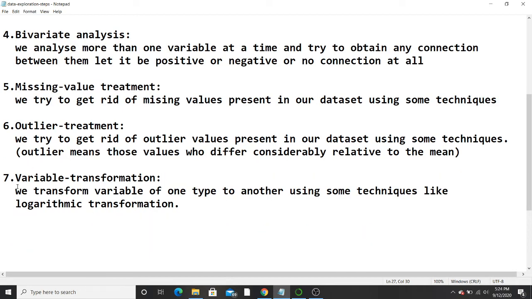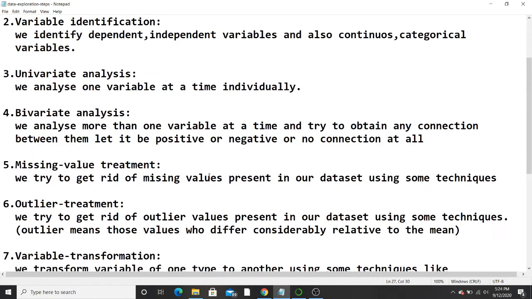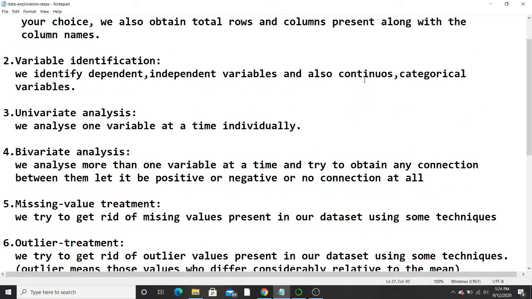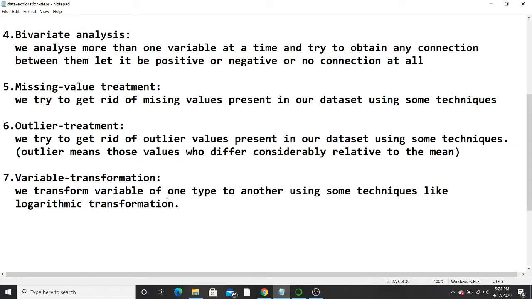The next step is variable transformation. Now let's say we have two types of variables, continuous and categorical. In variable transformation, we transform the variable of one type to another. Let's say we are transforming categorical to continuous or continuous to categorical using some techniques.